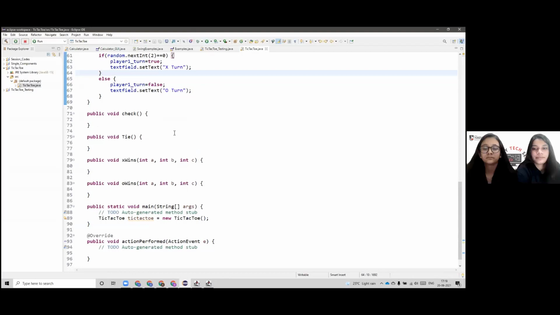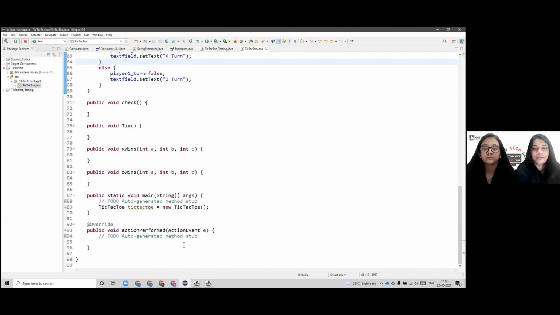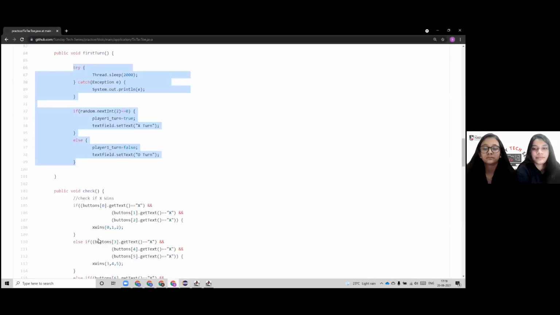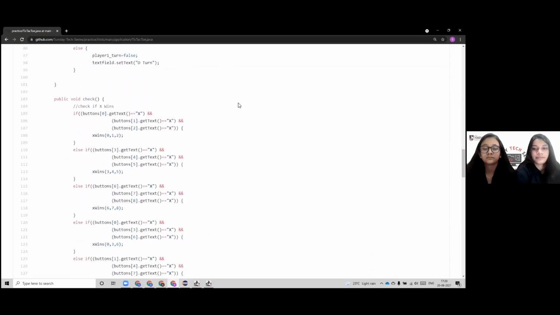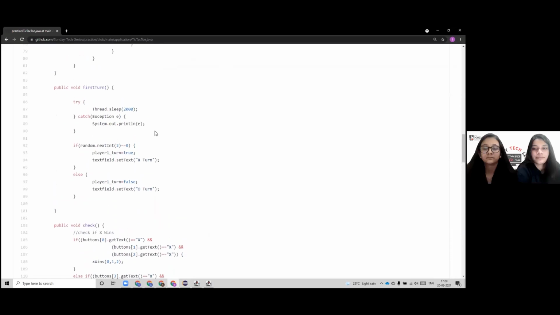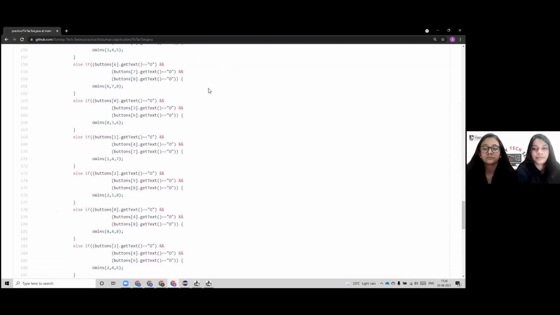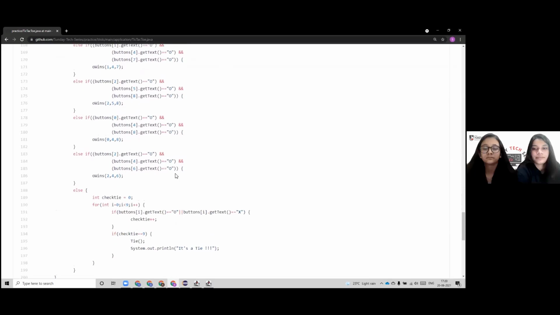Now, let's head up on to our action perform method. In this, the first thing that we are going to do is stick everything within a for loop, and in that we are going to check with the if-else statements whether the buttons have some text or not. If not, then we will set some text and make it uneditable so that the players can't play again and again. After that, we'll change the text field text to the next player's turn, and that would be the action performed by our buttons.